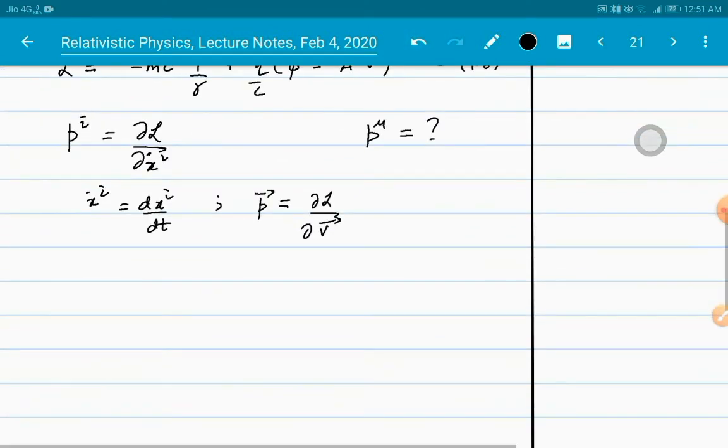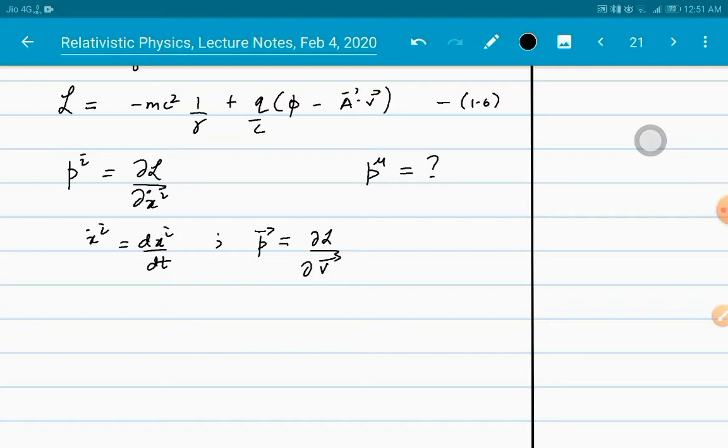Now writing it in this form allows us to easily do the differentiation, recalling that 1 by gamma is equal to root of 1 minus v dot v by c squared,